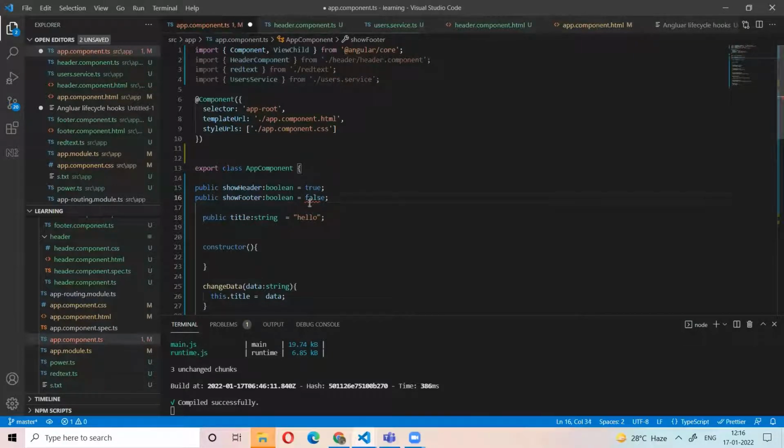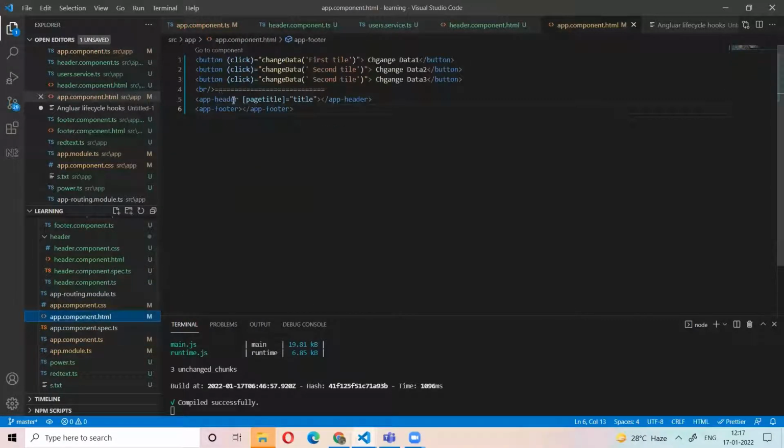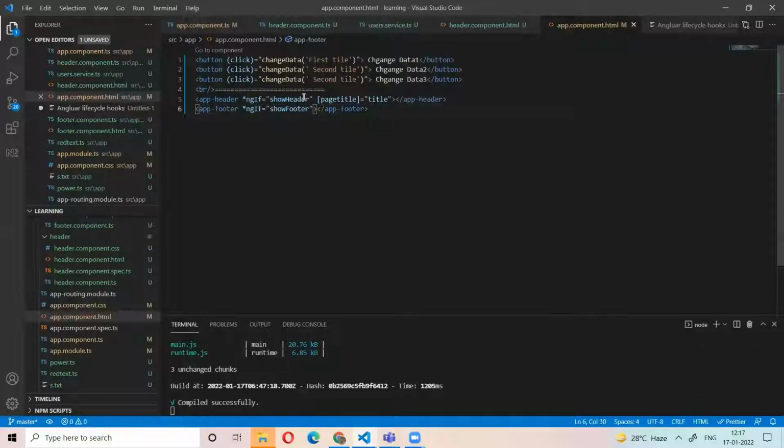When I want to show the header, then only I am loading the header component. So that's why I will add a condition here, ngIf. When show footer, then only the footer loads. So now only the header component will load because show header is true and show footer is false.